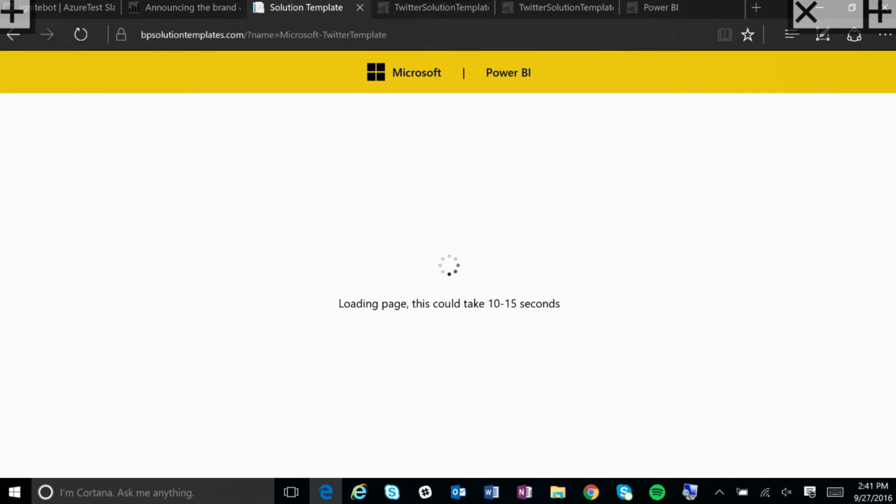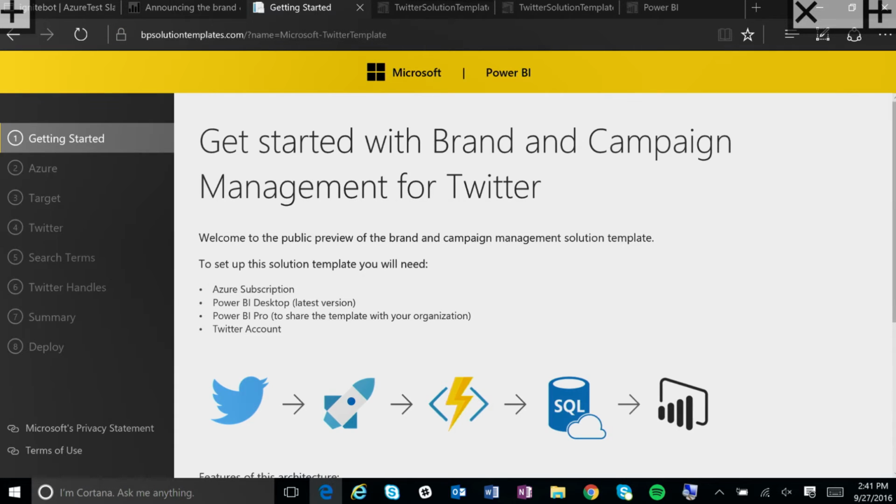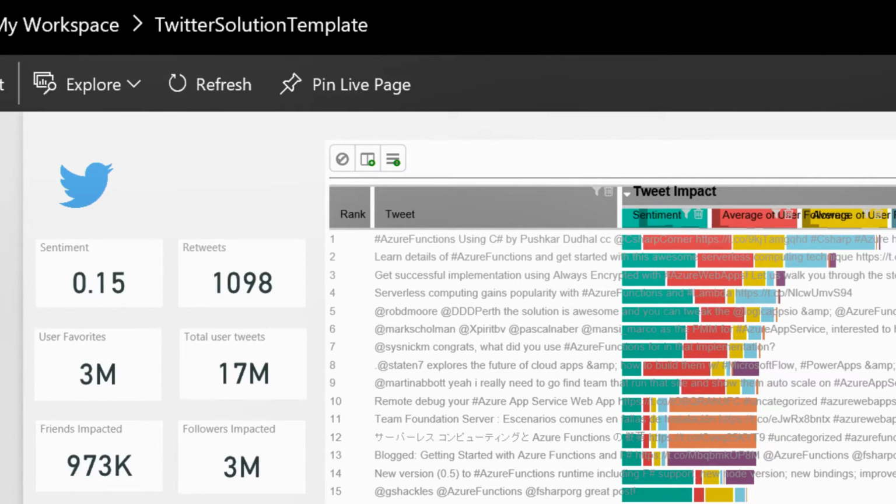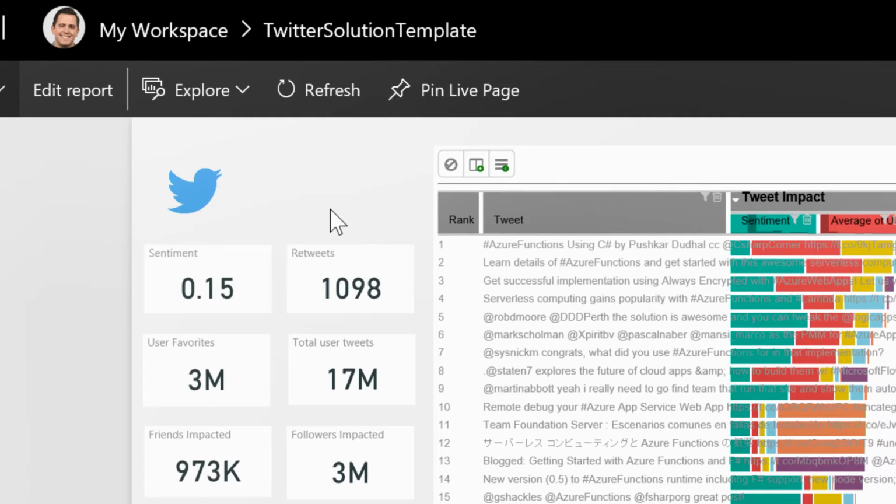And this one doesn't take you into the portal. What it actually does is it'll ask you a series of questions based on connecting the Twitter handle that you were interested in using. It configures the rules you want to track in terms of the search terms and the handles you want to look at. And then it provisions all these things in Azure. Now, if I just show you the end result, and zoom in here, it's giving me a Power BI dashboard. In this instance, I'm using this personally because in my role, I own Azure Functions as a product. It allows me to track both the hashtag Azure Functions and @Azure Functions mentions publicly across Twitter. And inside of here, it's doing things for me such as giving me the sentiment overall of all my tweets.